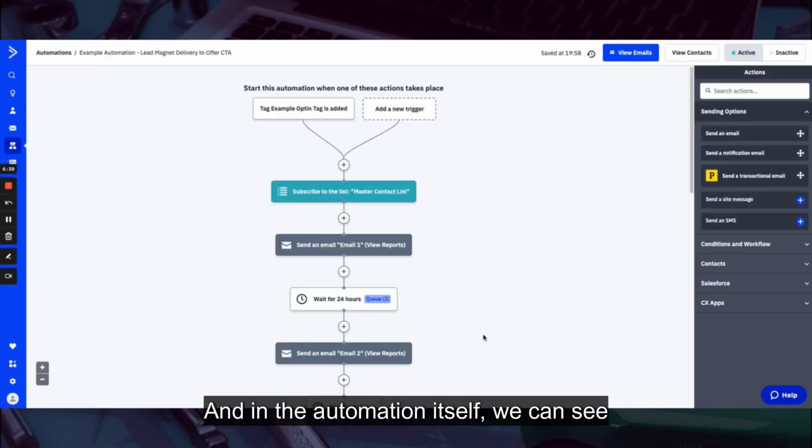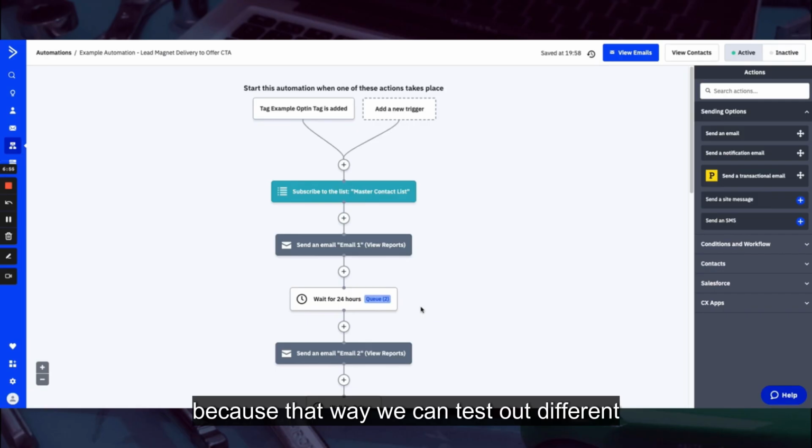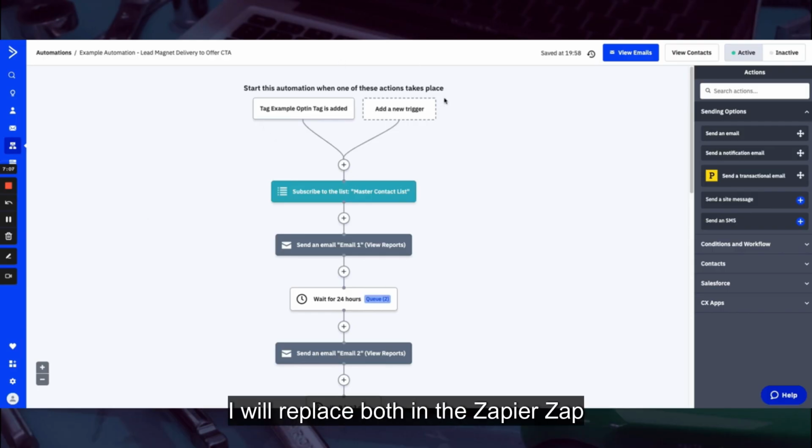And in the automation itself, we can see that we have 2 people waiting, which is the Dane at Rockstar Integrator and the Dane +1 at Rockstar Integrator. Again, it's kind of nifty having that +1, +2, +3 naming convention for test accounts, because that way we can test out different operations. Now, since we know that Zapier's app is going to work, what I do before actually pushing this live is I will replace both in the Zapier's app and in the automation the actual tag I'm